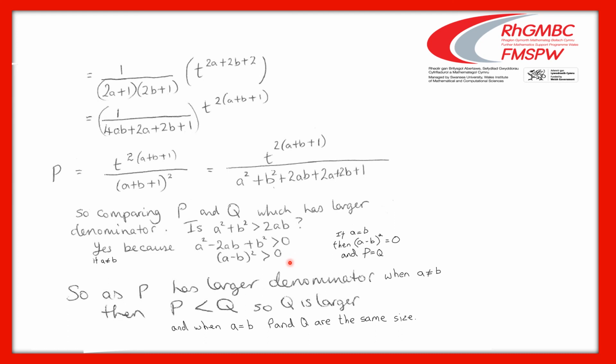So working out backwards gives us the idea that a squared plus b squared is greater than 2ab when a does not equal b. So it means that p does have the larger denominator when a is not equal to b, which means that p is less than q,